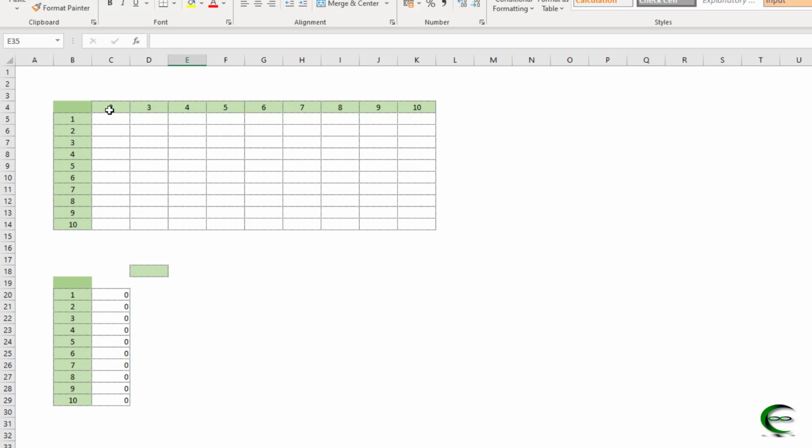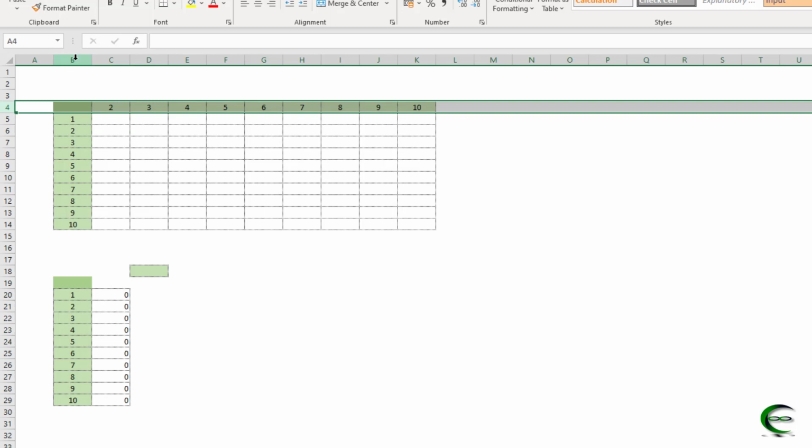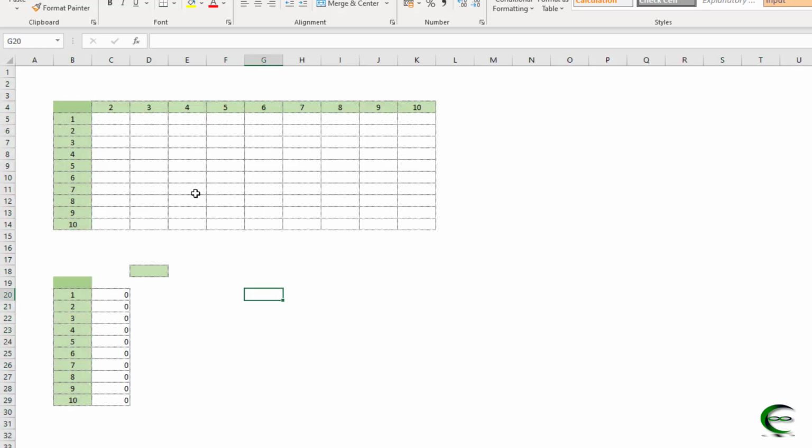Here we need to multiply the value from the top row of this table by the corresponding value of the first column only. By multiplying 2 to 10 by 1 to 10, we will create the tables of 2, 3, 4, 5, 10. Here we always need to pick the value from this row and this column. So as I showed in the earlier formula, first let us pick the value by selecting the cell. It is relative, but here we need to pick the value from this row only. So we will fix the row using mixed reference, relative column and absolute row.